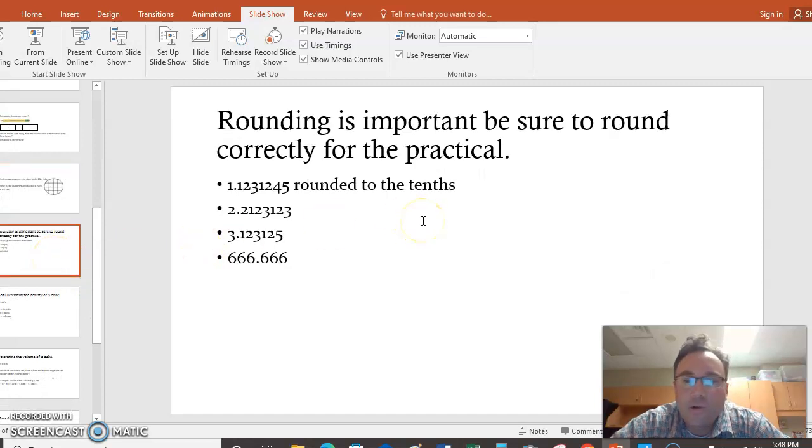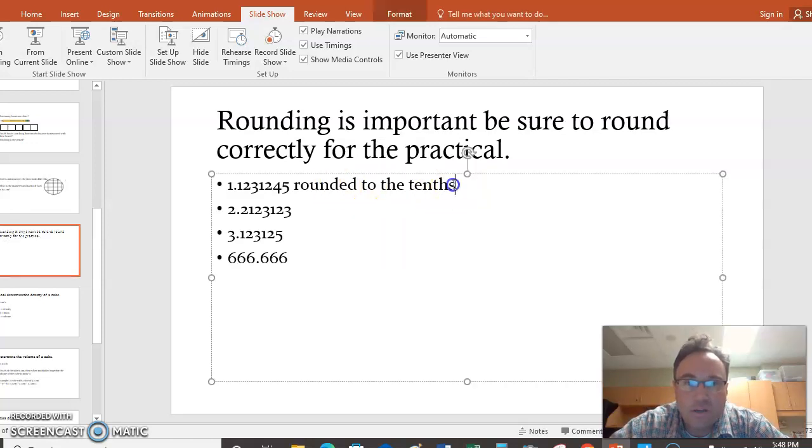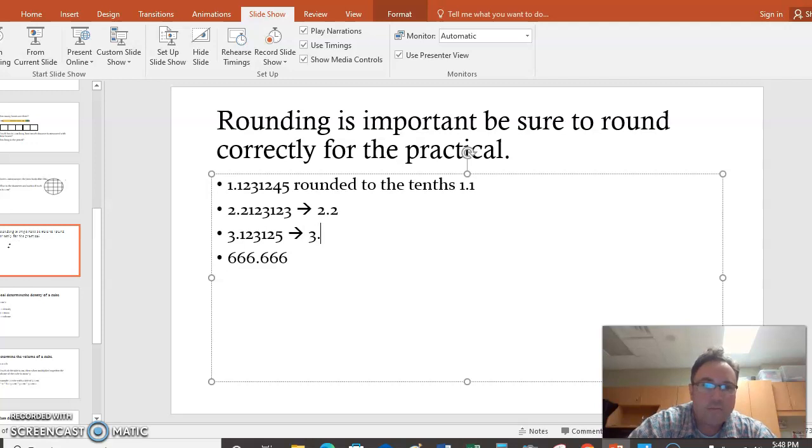So rounding is important. I'm sure you all know how to round, but we're going to do a quick review of it just in case you're not sure. We're going to round all these numbers to the tenths. So this is going to be 1.1. This one is going to be 2.2. This one is going to be 3.1. This one is going to be